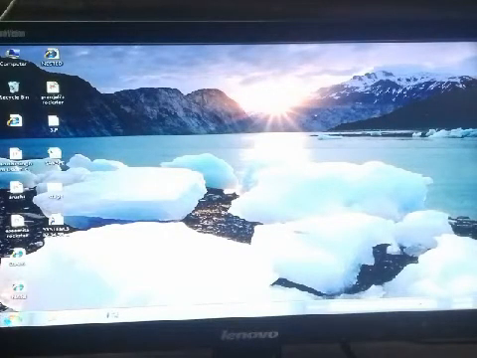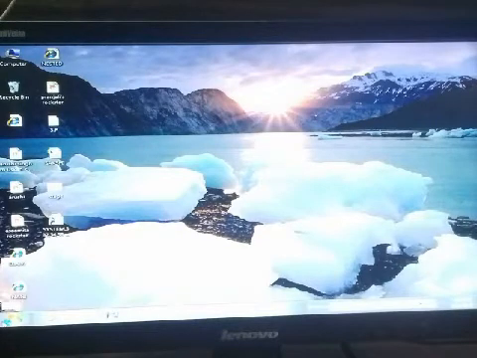Here you can see this is the start button and the long horizontal bar at the bottom of the desktop. This is the taskbar and this is the show desktop button. Look here, this is the start button. This button is present at the extreme left side of the taskbar.